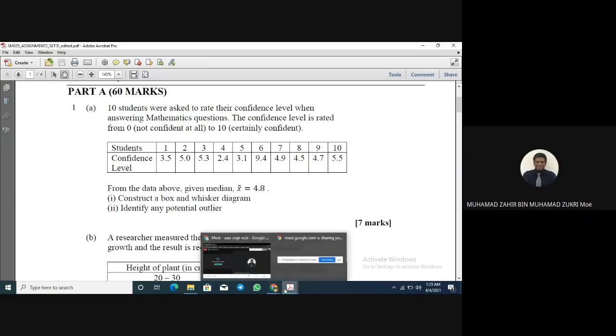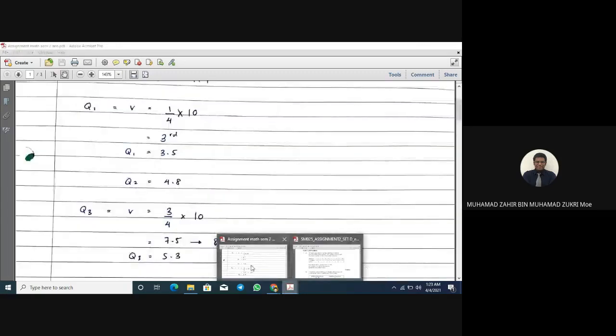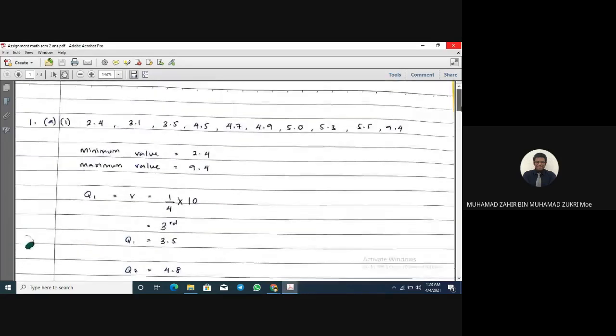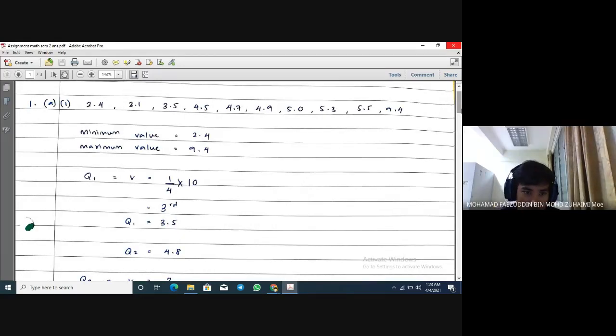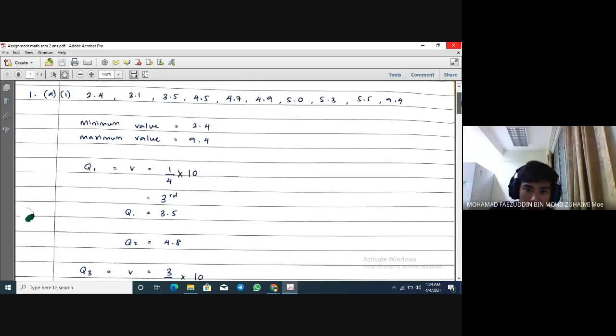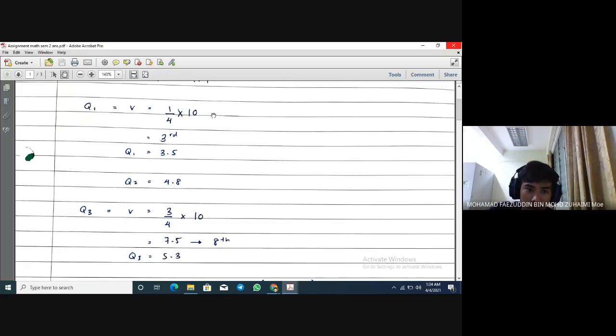Okay, so Faiz, how can we solve the first question? Can you show me how to construct a box and whisker diagram? Okay, Zahir. Firstly, we must rearrange all the data given in increasing order like this. And then we must determine the minimum value and maximum value. The minimum value is 2.4 and the maximum value is 9.4. And then we continue to find the quartile